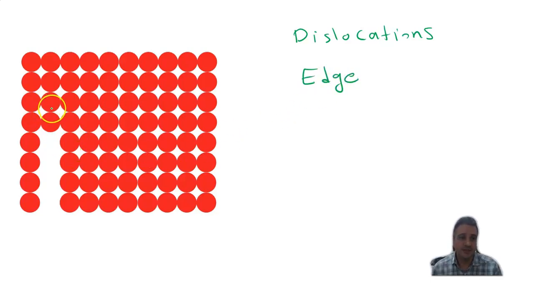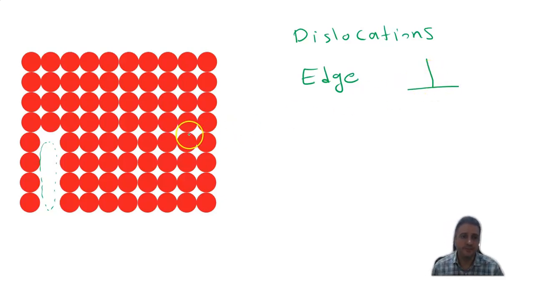Dislocation means that we discontinue a crystallographic plane. So here we lack a plane in the crystal structure, and this imperfection is named dislocation, and this type of dislocation is named edge dislocation,